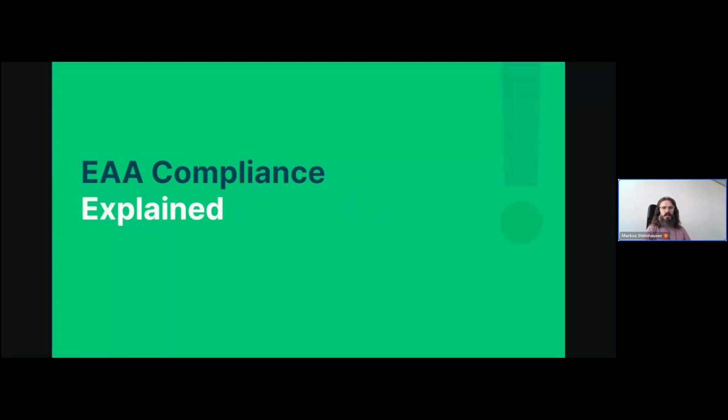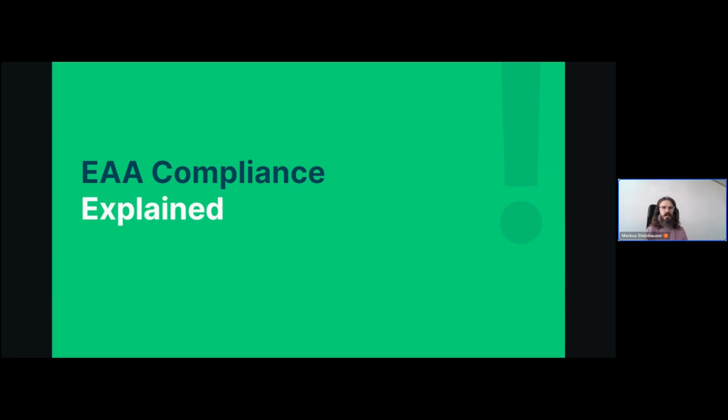So let's talk about the European Accessibility Act for a little bit. How it's described officially is that it's an act or a directive that aims to improve the functioning of the internal market for accessible products and services by removing barriers created by divergent rules in member states. That's the official text. What it means in the end is we want to create a level playing field, an inclusive situation where products and services are there and can be accessed by everyone, regardless of disability or